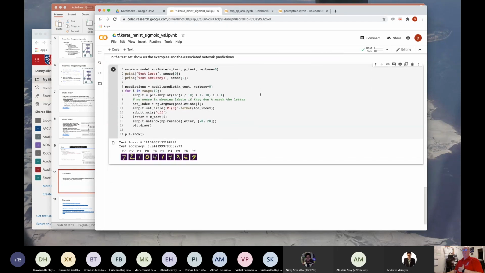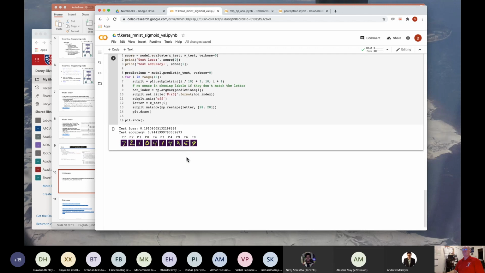And then produces the output. And what we've done in this little bit of code here is show you some of the digits in the test set. It's the first 10 values, and it shows you what the predictions were by the neural network. So it's getting them all right except for this one. There's a couple here, like this one, and maybe this one, which may be a little tricky even for a human to know if it's exactly what you think it is. So this one thinks it's a 6 for some reason.